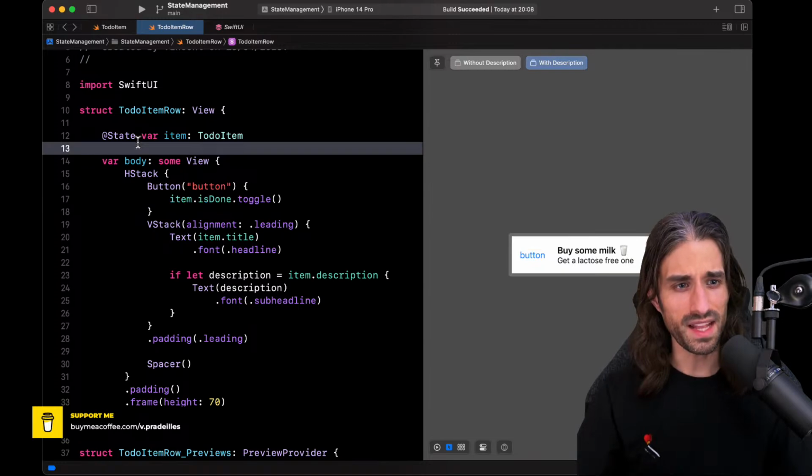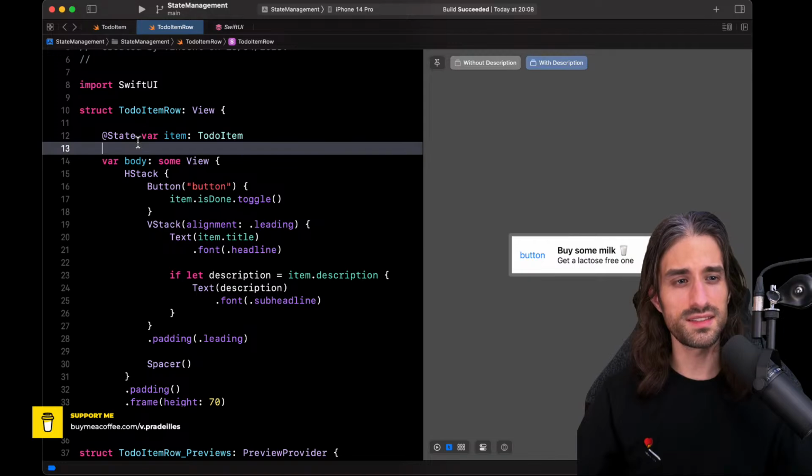But actually, @State is not the property wrapper we want here, and let me explain why. The reason is that @State means that the view owns the data. The view is the source of truth for the data. However, it's probably not going to be the case here because we won't be using our to-do item row in isolation.